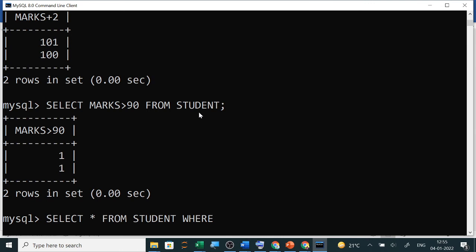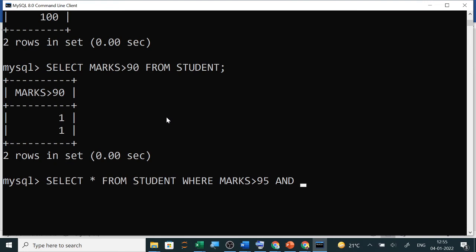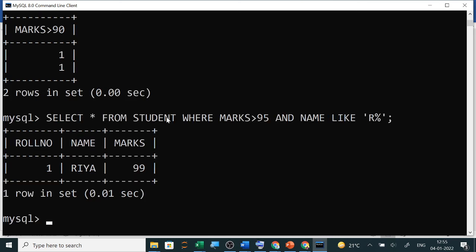The first condition is whose marks are greater than 95, and the second condition with the AND operator is whose names start with R, so for that we use LIKE. Now you can see that when both conditions are satisfied, only then it will show that record. So here I am using the AND operator.